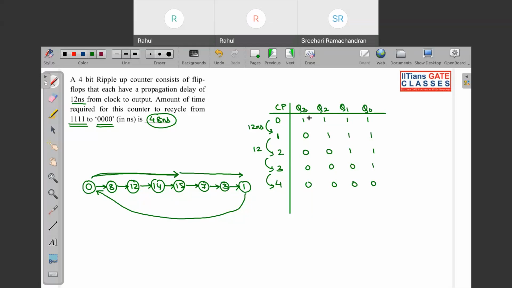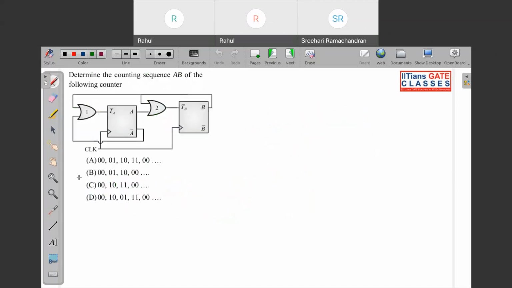So we have taken this part: I have started from 15, then went to 7, then to 3, then to 1, then again back to 0. So this much part is decreasing. There is nothing related with frequency over here. Are you getting the point? Clear, clear. Okay, so this one,